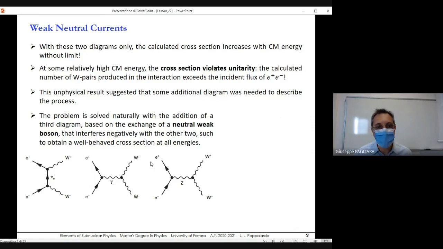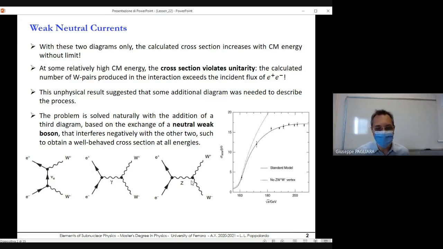Now, with only these two diagrams, the cross-section is found to diverge, so to violate unitarity. And so the problem is elegantly solved by the introduction of this third diagram with the exchange of a Z boson, which interferes negatively with the other two, okay? And in fact, now you can compare your prediction with and without this third diagram